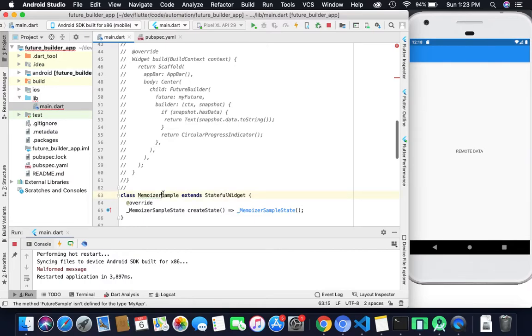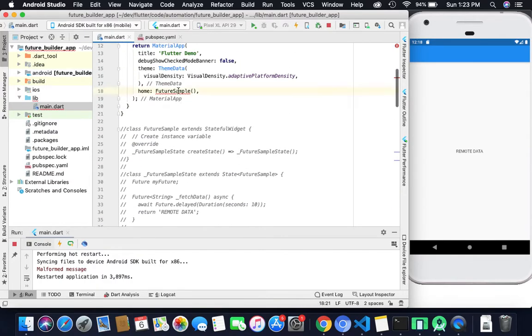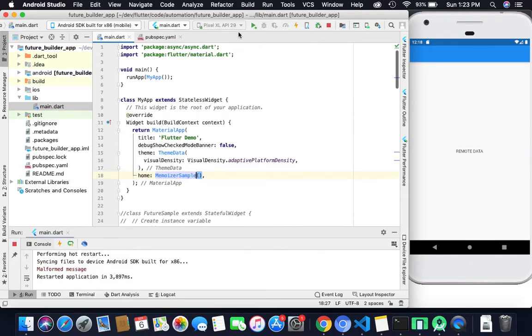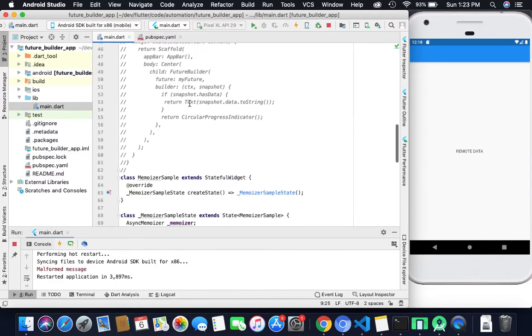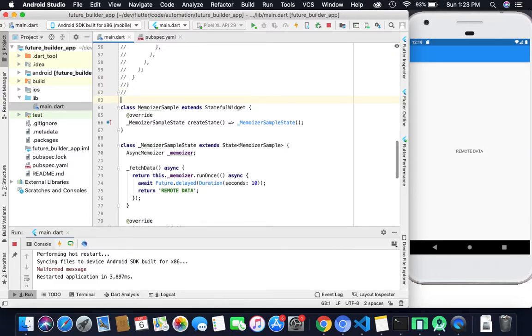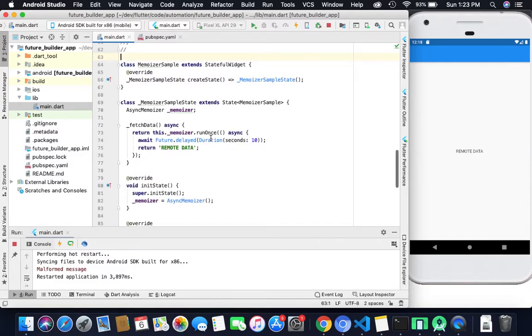Here I have to change the class name, and for that we have to import the async.dart package. How is it different from the first approach? Here we have the class AsyncMemoizer, which gives us the runOnce method. What AsyncMemoizer does is perform your background operation only once. It will not allow it to be called continuously.